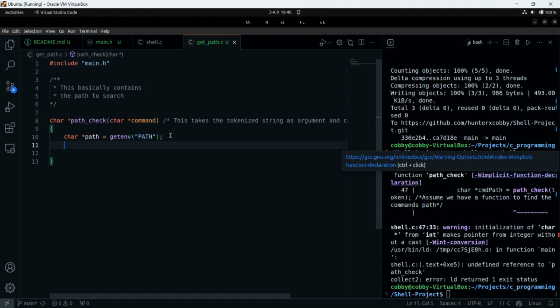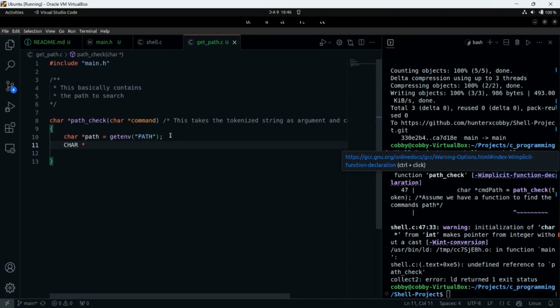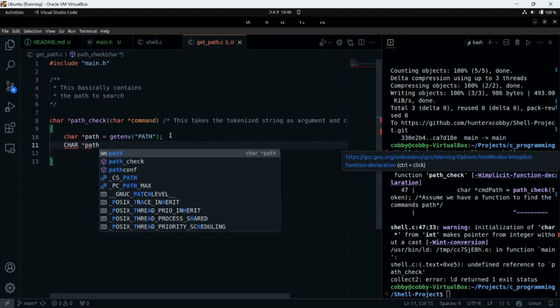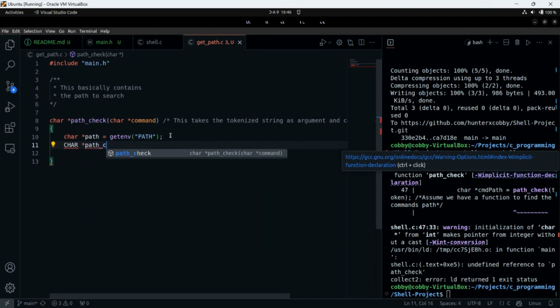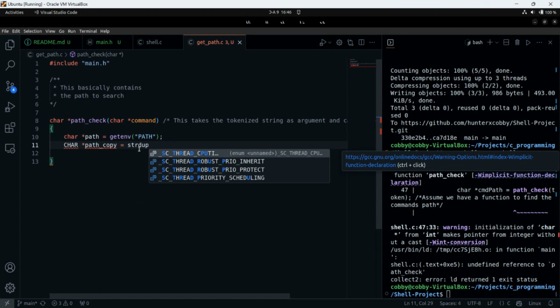So this is what we want to do. Let's create another one, a copy of the path. No one is going to tell me that something is wrong, so we should move on. Good. So, strdup.